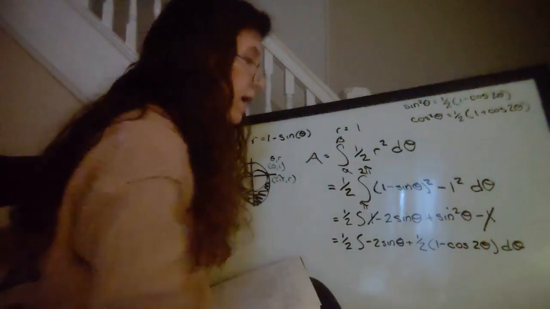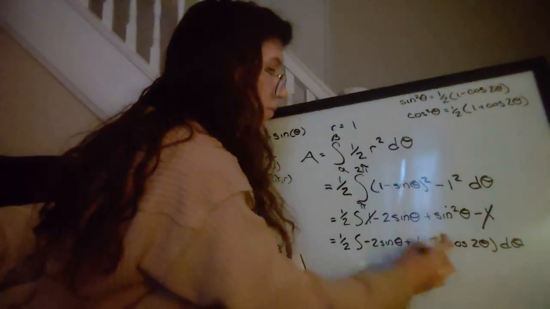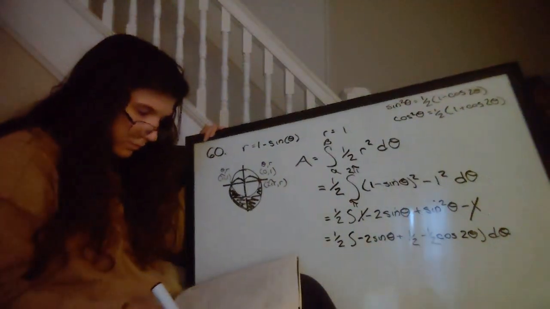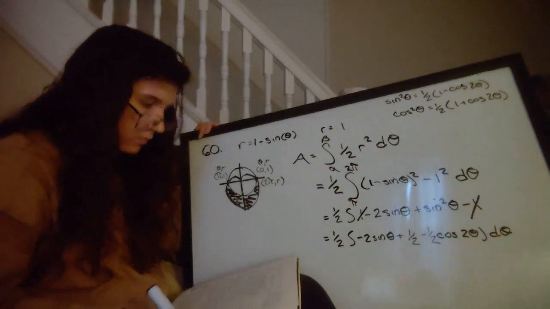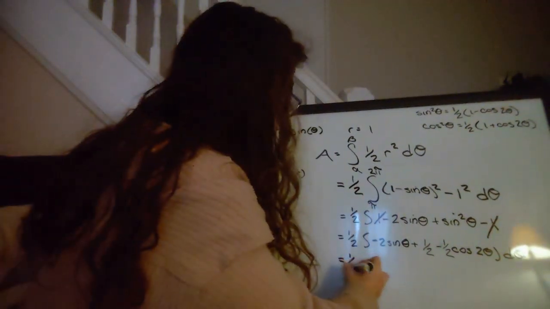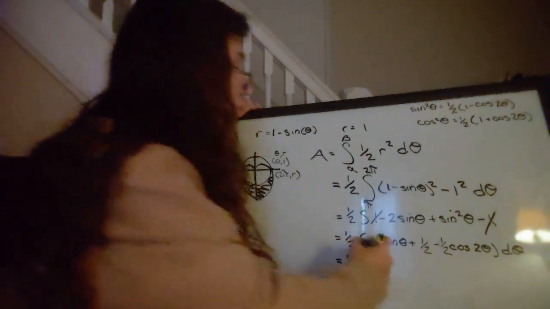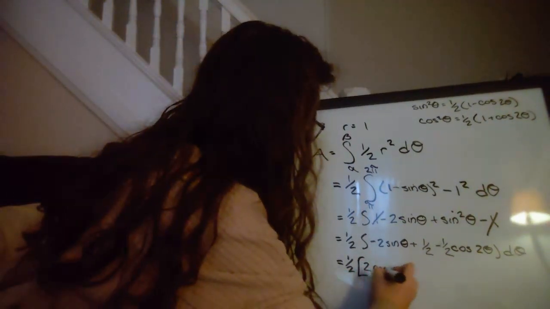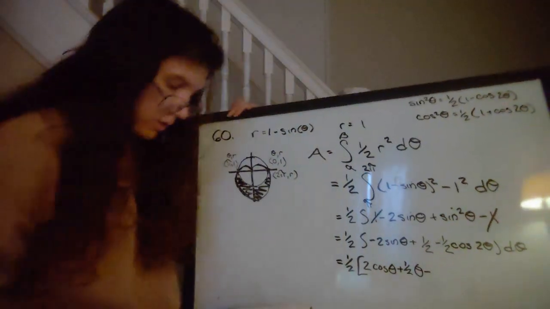If I distribute my 1/2, I get 1/2 minus 1/2. And then here I can integrate. So this will be 1/2 times the integral of sine, which is negative cosine. So this actually turns into a positive 2 cosine theta plus 1/2 theta minus, and then this is where